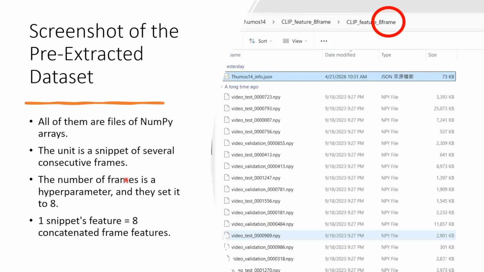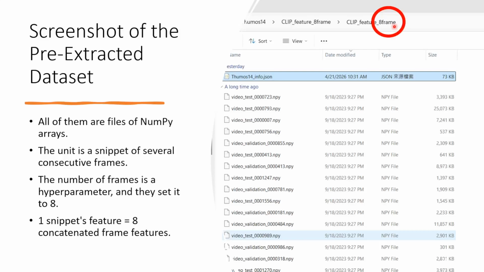Let me show you what it looks like. When we download the dataset, here you will see there is a clip feature 8 frame. What does 8 frame mean? For every video, a video is composed of several frames, right?